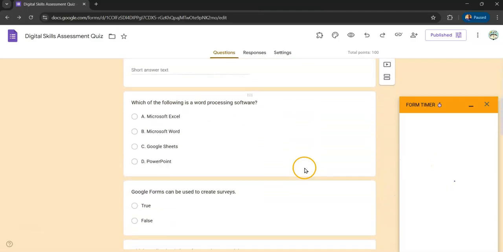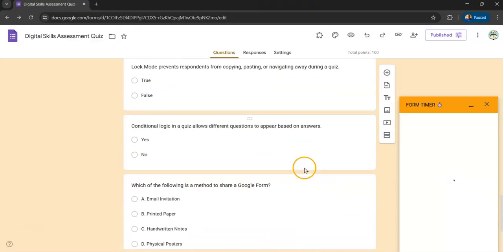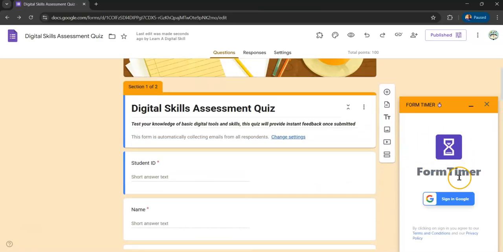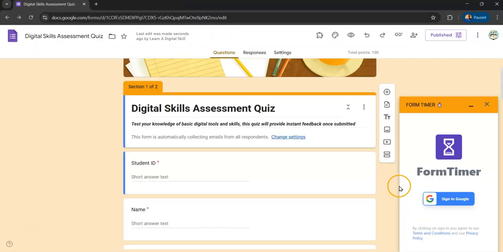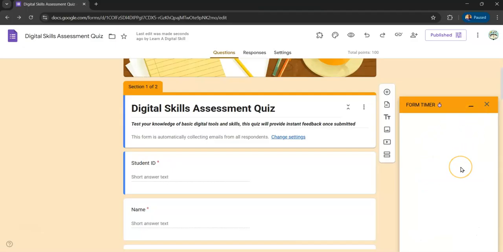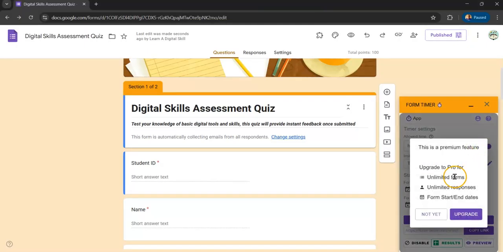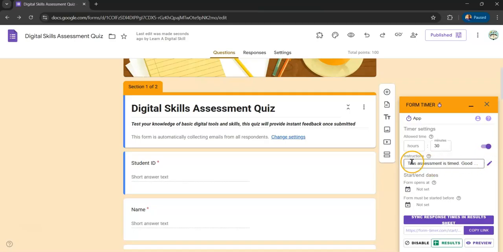Let's say this quiz, I want to set it to like, yeah, we have timer for Google Form. It requires sign in, so we try to sign in. So we have the timer for Google Form, that should come up immediately after signing in, and then we have it. So we have these options for us to allocate time, and as you can see it is checked. If it's unchecked, you have to check it, and then how many hours do you want to give,